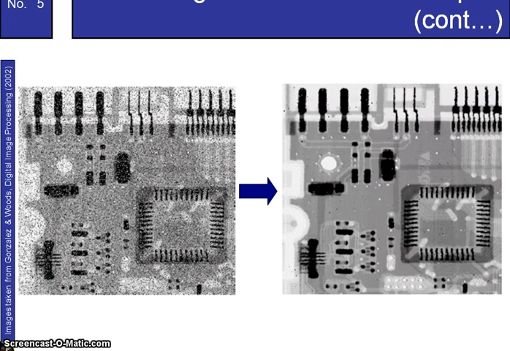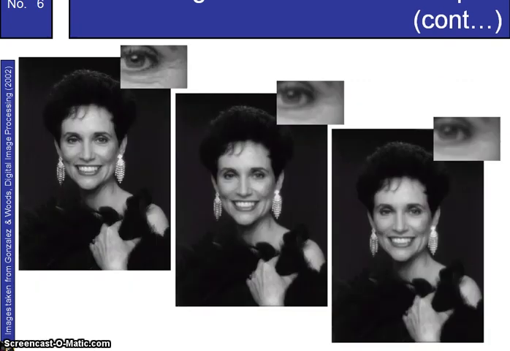This is another example in which we have removed the noise present in the original image. So this Gaussian noise is present in the original image, that can be removed using the image enhancement technique, so that we will get a better quality image as a processed image. This is one more example. Here the image of the eye is extracted from that lady. So as you can see, the original image and the third image, which is the processed image.